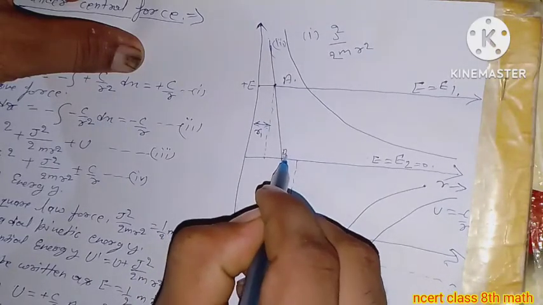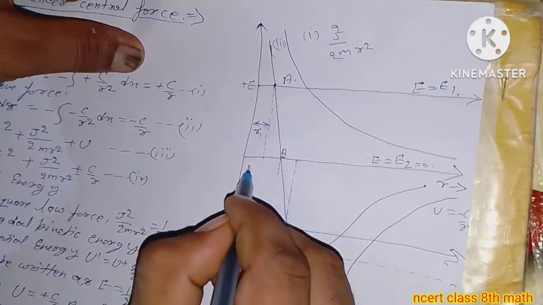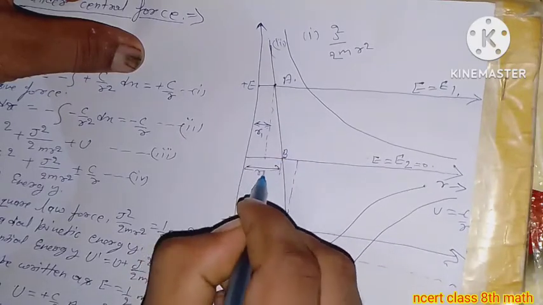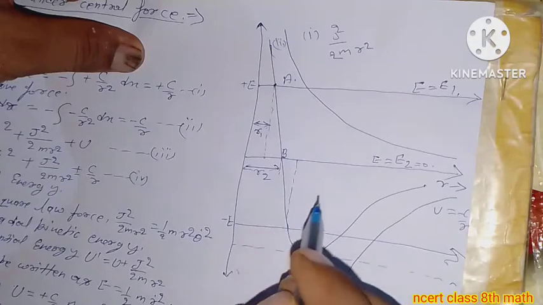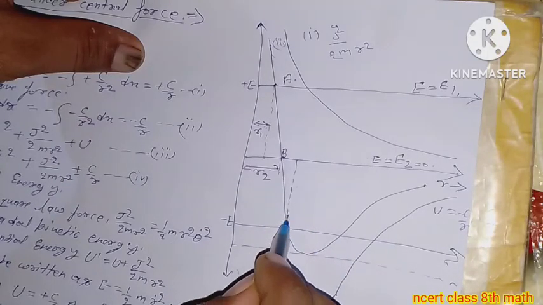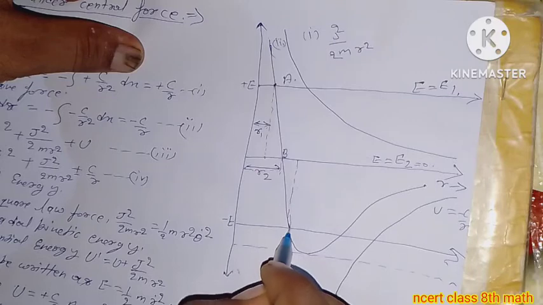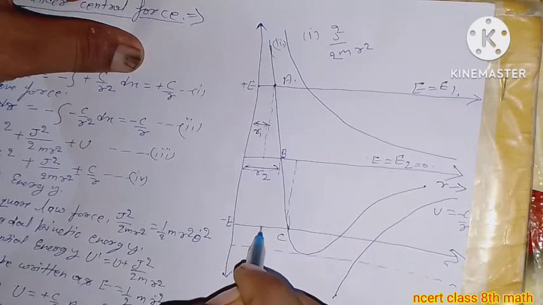This is the point B, and the value is R2. The crossing point is here. This is the point C, and the value of this